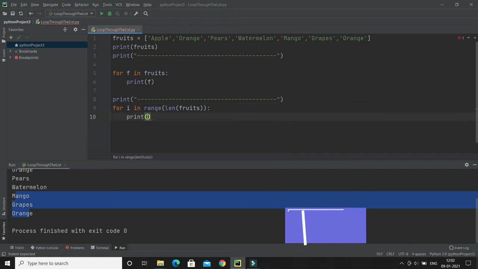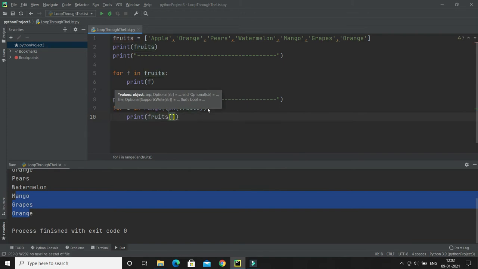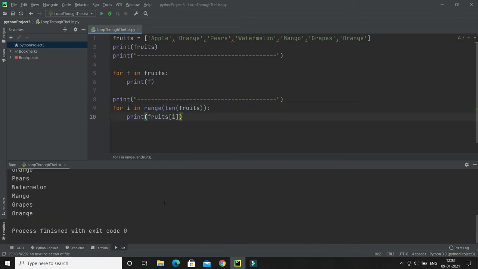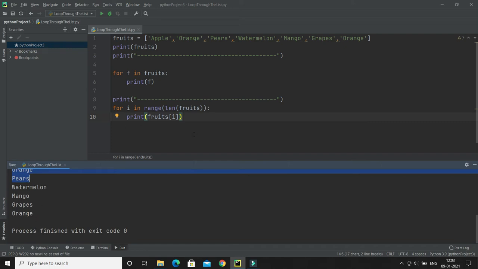Within that I will refer to my list items by their index. Here i is nothing but the index, and if I run, you can see I have again printed the list by referring to its index number. So this is the second way to iterate over list items.